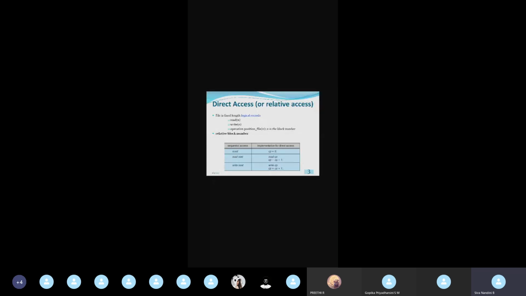Another function we have is operation position file. I said in the example the current position is at 53. Some systems may have both direct access as well as sequential access. The disk storage can have both, or some may have only sequential access or only direct access.